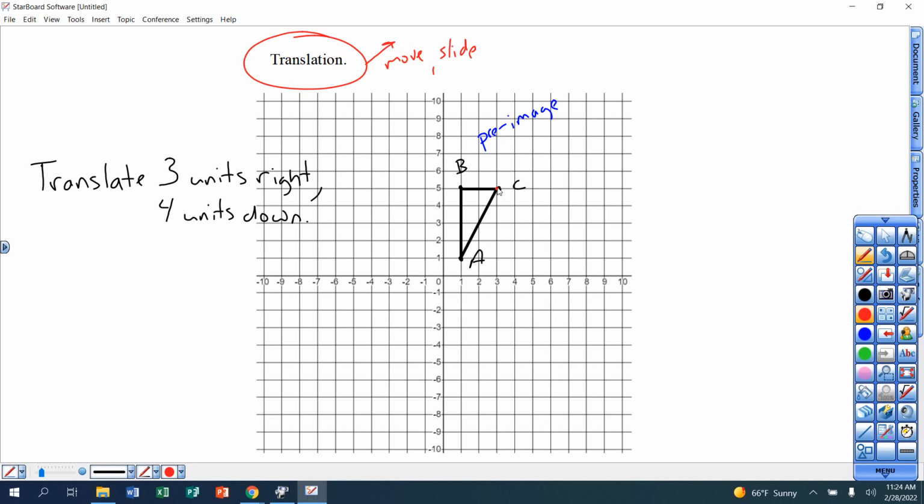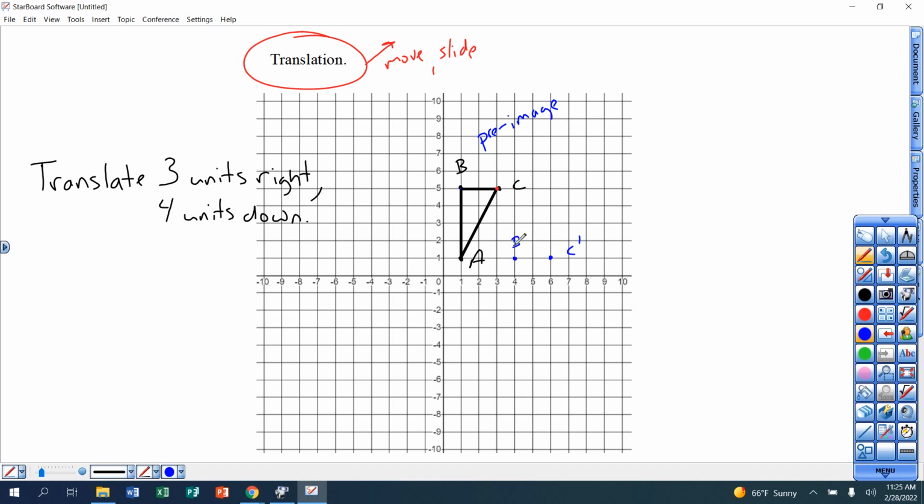Some people will just move 1 and put the other points where they need to go. So I'm going to go right 3, down 4. That is where the new C location is going to be after the slide, the translate. We put a little mark right there to show after 1 move. I could do the same with B. Move it 3 right, 4 down, or I could see that that B point has to be 2 boxes, and